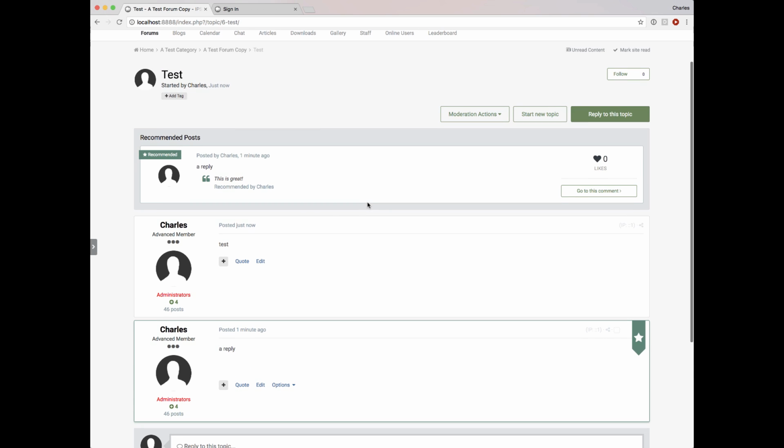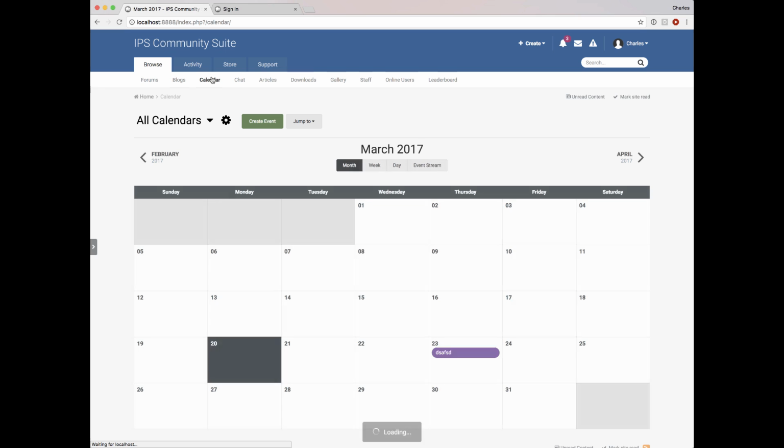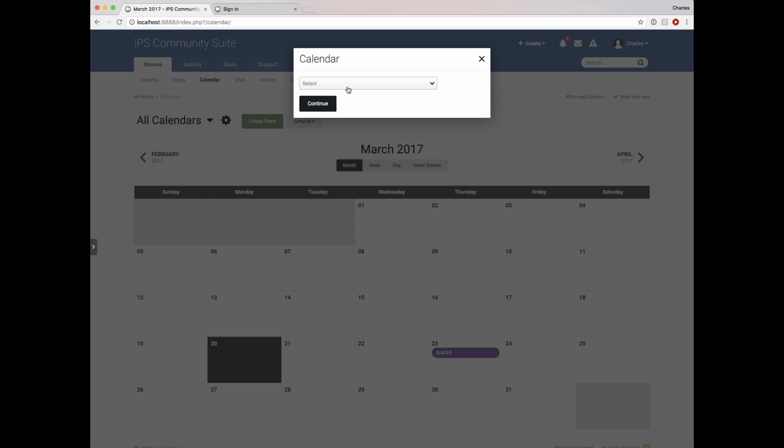Okay, so that's these two new moderation features, which are really quite useful. And these can be controlled in your moderator functions as well. You can set if a moderator has permission to do this or not. So let's talk about now some changes we made in the calendar application. So let me just post another test event here